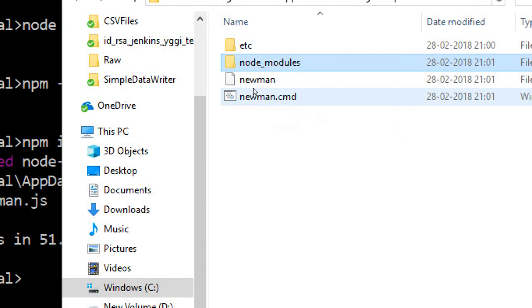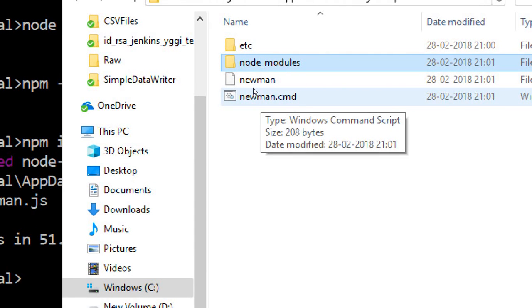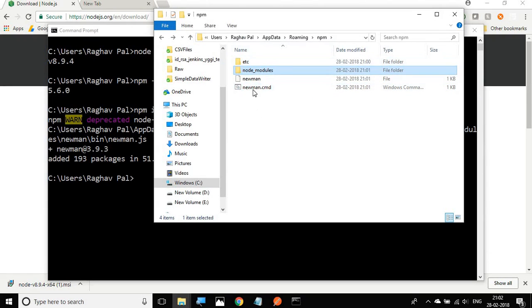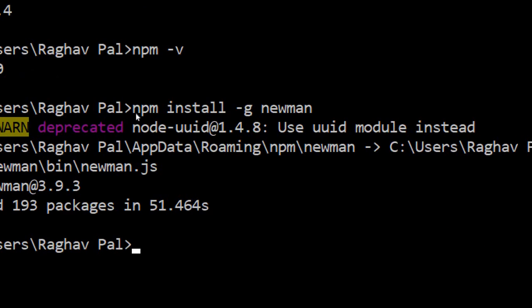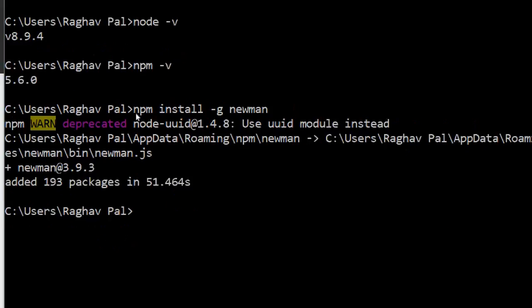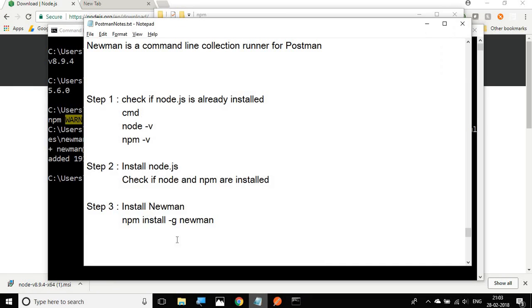So in case you want to do a fresh installation of Newman, you can go to this location on your system and then delete these files, and then if you again run the command npm install -g newman, it will do a fresh installation. So now we are done with step number 3, which is install Newman,